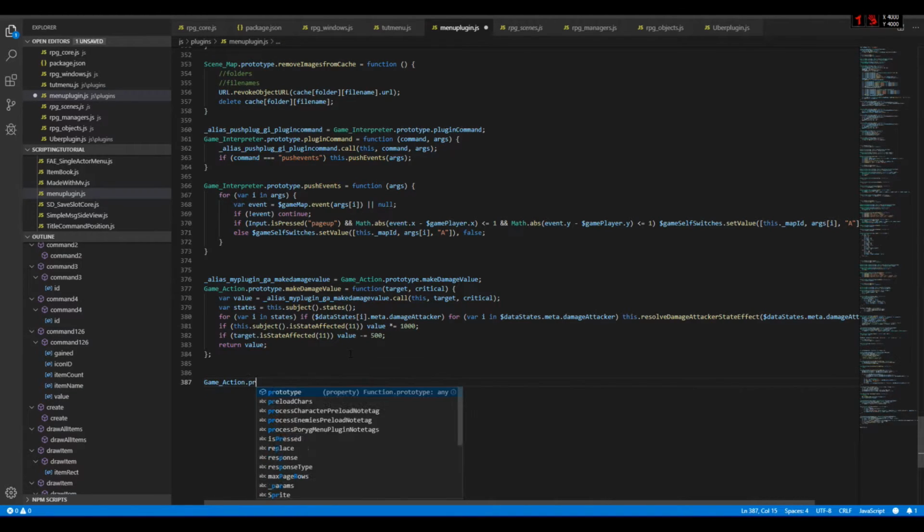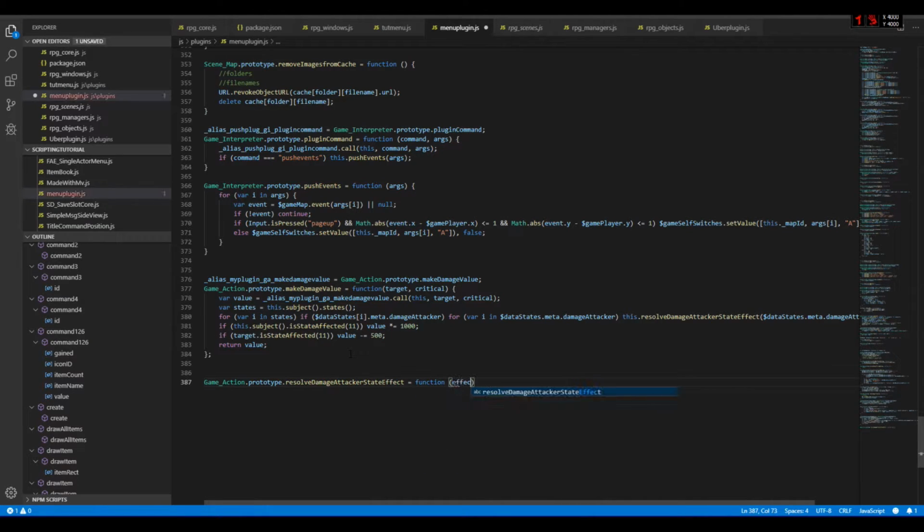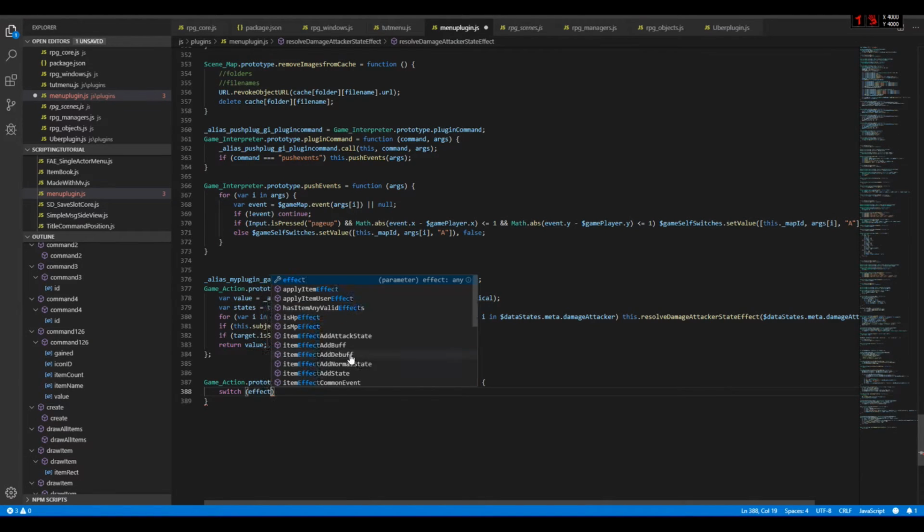Game action dot prototype dot resolve damage attacker state effect equals function effect. And now I have type 3 effects. Okay, so I could do if blah blah blah. However, if I don't have 3 effects, I may have, for example, 1000 effects. For this case, it might be much better to use switches. I don't mean the game switches, but JavaScript switches, of course. So switch effect